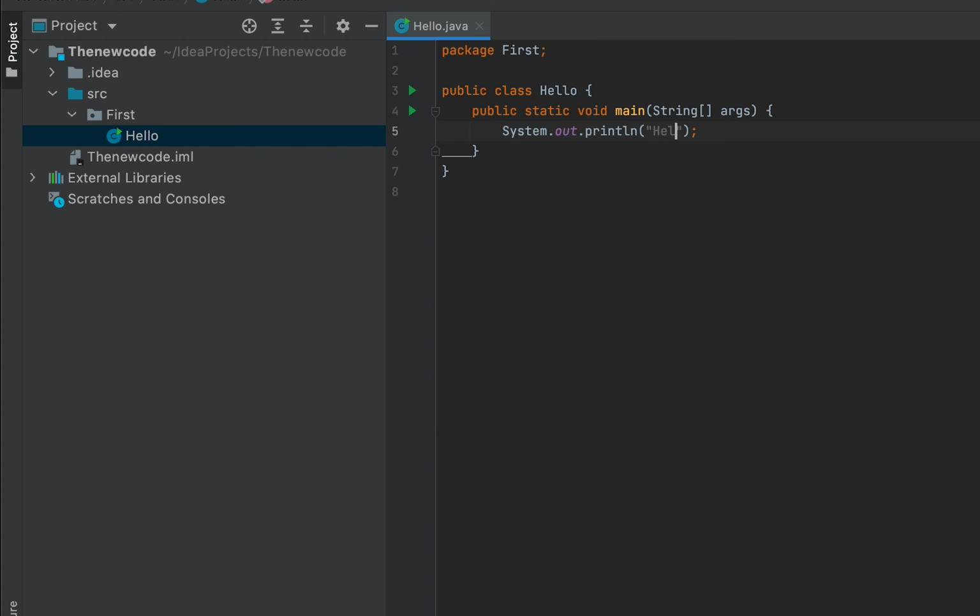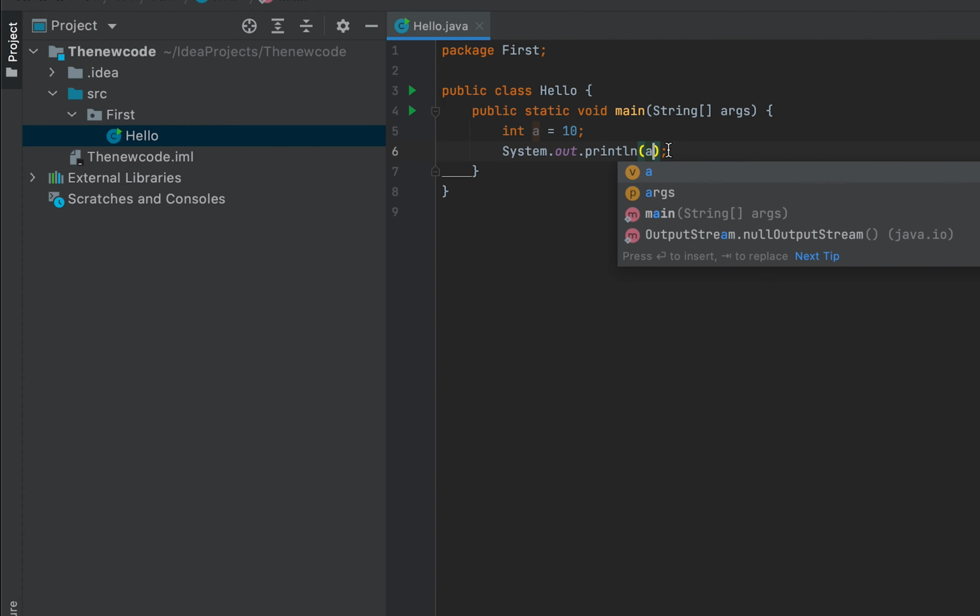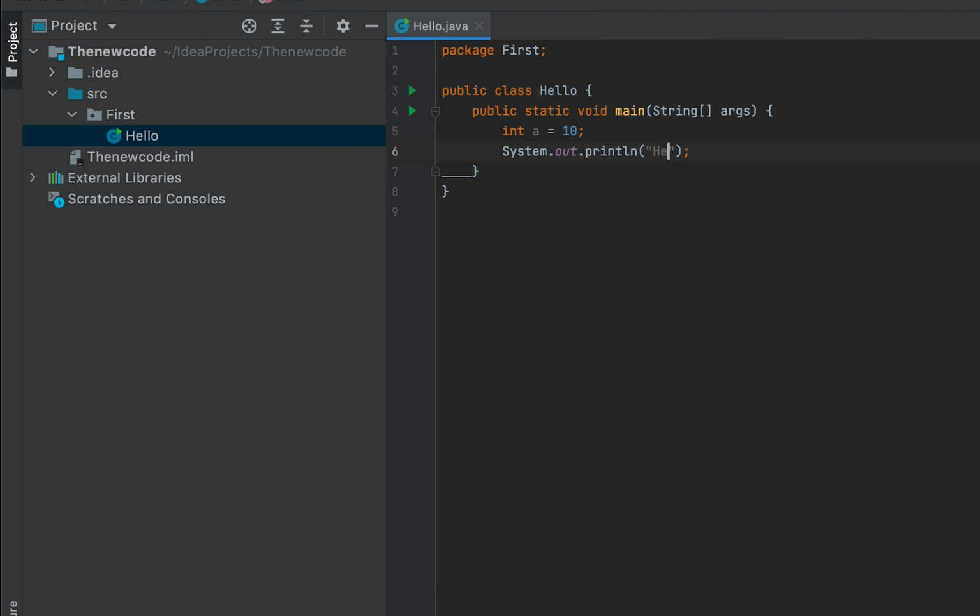It could print, say, hello, or if I had a number here, let's make it int a equals 10, and I come here and say print a, it's going to print a. But here we just want to print hello world of Java programming. Alright, so we've just written it, and to run this code you will have to hit, come here,